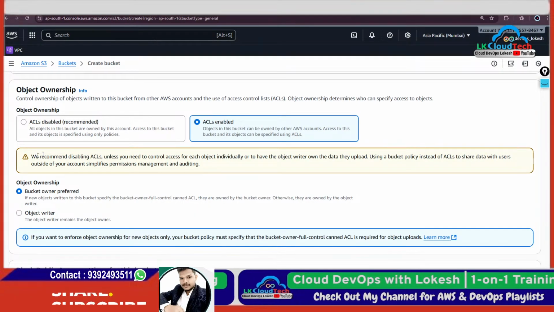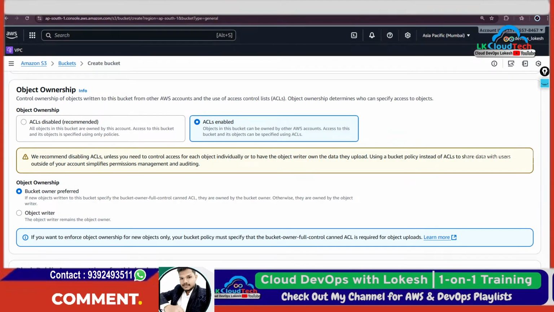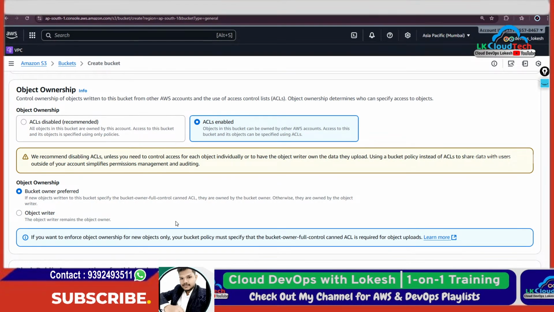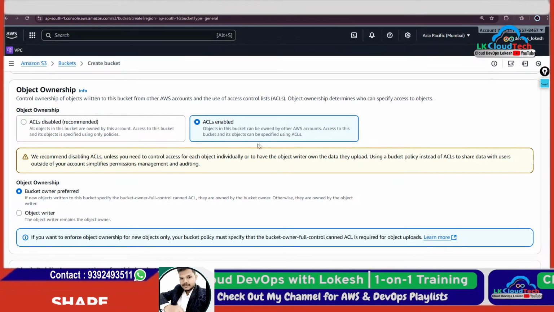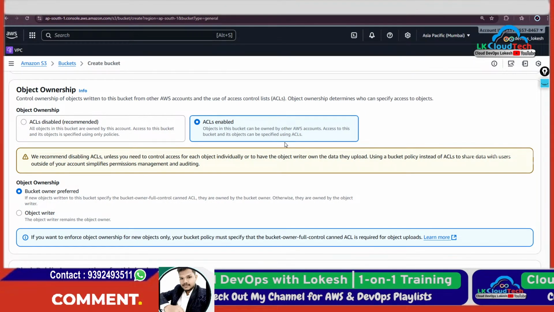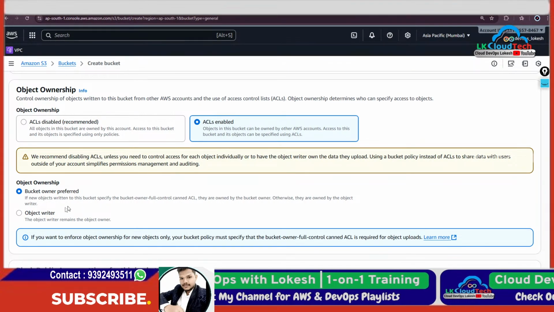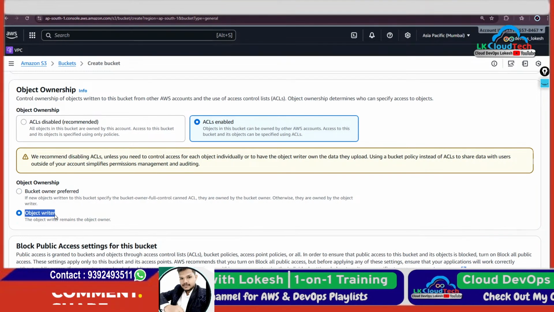We recommend disabling ACLs unless you need control over each object individually. They recommend that, but since we are in a test environment, it is not required. If you want to allow other account people to see this, you definitely need to enable ACLs.